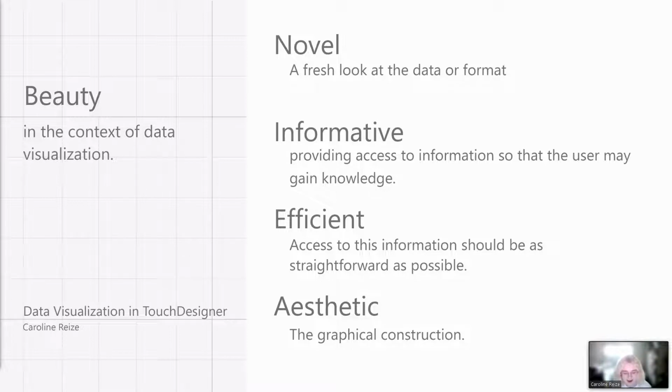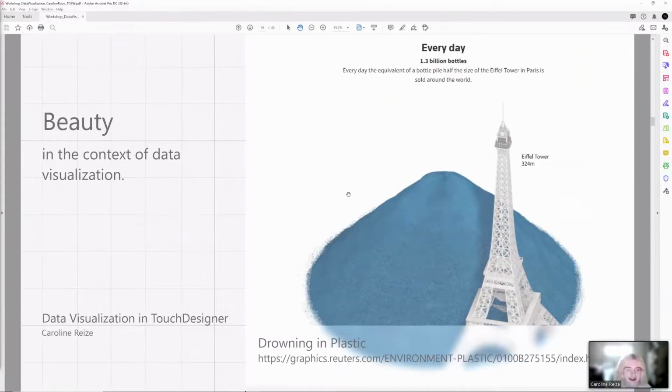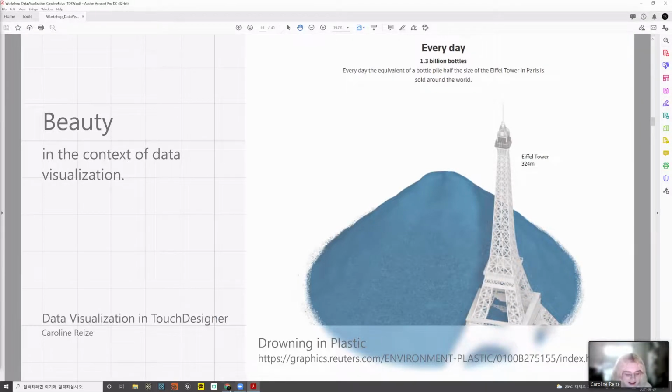And then lastly, aesthetic. So of course, the graphical construction, what color you choose, how thick your lines are or whatever, of course, makes a data visualization beautiful. But this is not really the most important thing. The message, I think, is a little bit more important than the aesthetic itself. So to show you a great example, which I personally really liked, is